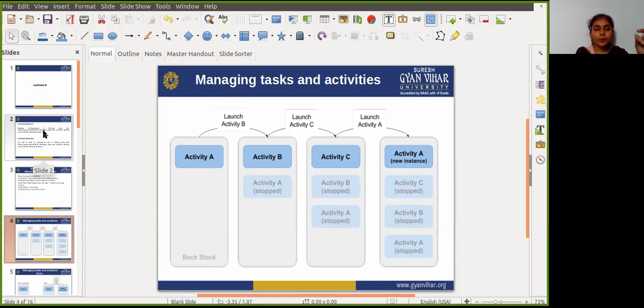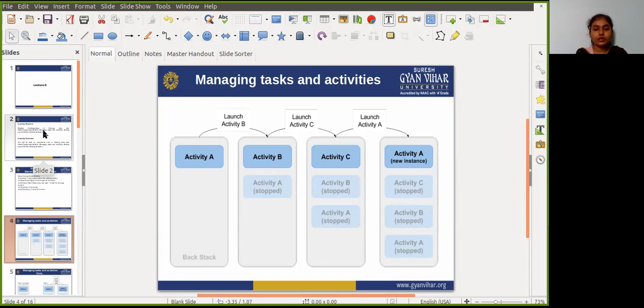Okay, so most of the time Android's default behavior for tasks and activities works fine, and you don't have to worry about how your activities are associated with the task and how they exist in the back stack.